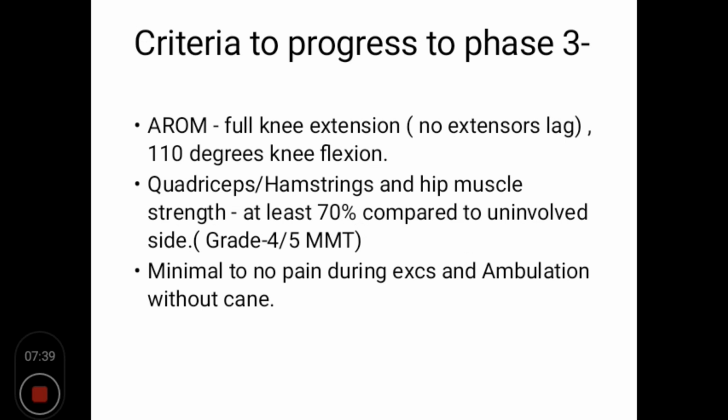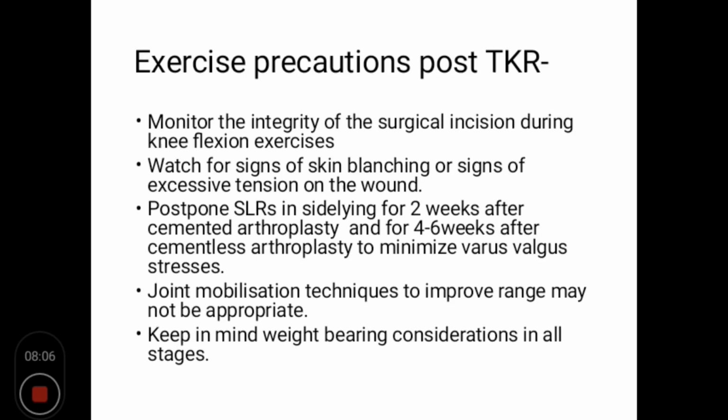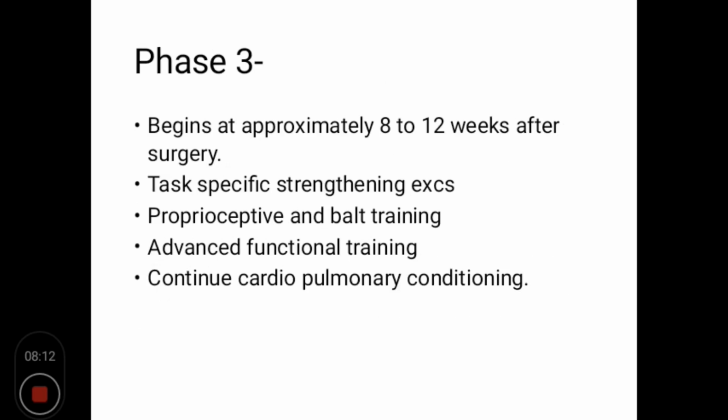So active range of motion is supposed to be 110 degrees of knee flexion, and hamstrings and quadriceps muscle strength has to be at least 70% of the non-involved side, and there has to be minimal or no pain during exercises. And phase 3 approximately begins at 8 to 12 weeks and focuses specifically on task-specific strengthening exercises, which again will vary from patient to patient, proprioceptive and balance training exercises, and then you have advanced functional training, which will again depend on the patient's functional demands,